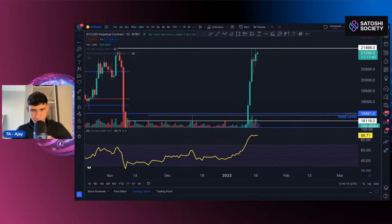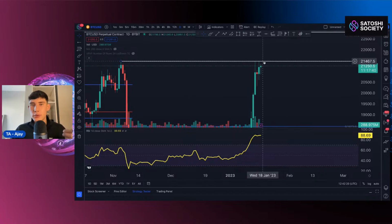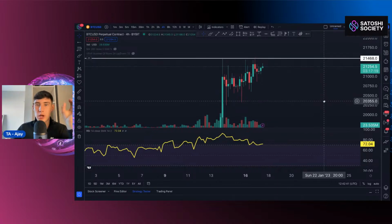But yeah, for me, it's looking more likely that we won't break above this, but if we do, there is still a high chance that we are going to get that swing failure pattern. So I do agree with what you're saying there, Crippy. But for me, I would expect it to just get rejected from here. But again, we will see, and I'll show you why I'm expecting a rejection from here rather than getting that swing failure pattern. And the reason is because if we come down to the 4 hour,